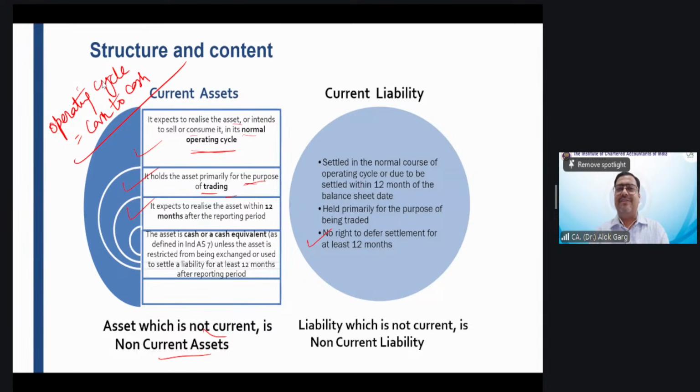Then what does it mean? It means I'm going to return the money to all the customers within 1 year. It means the customers will surrender their connections within 1 year. It means I will not be left with any customer at the end of the next year. Yes or no? So friends, the point is they are going by the substance.